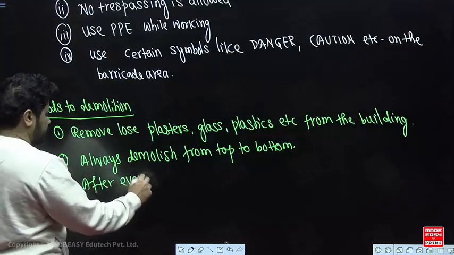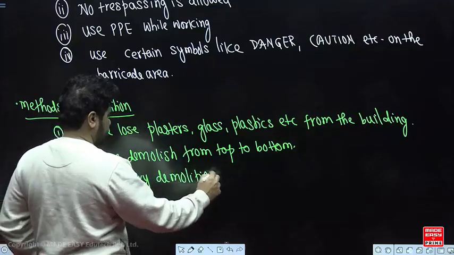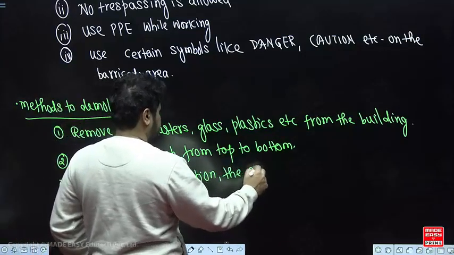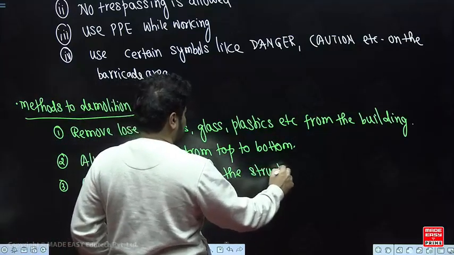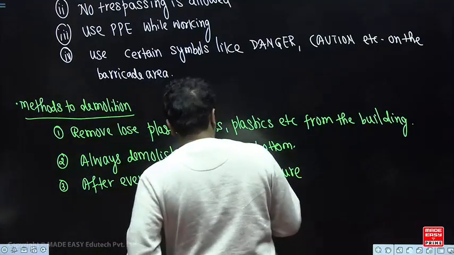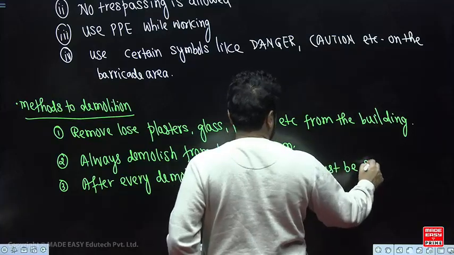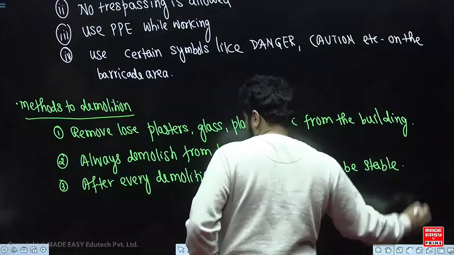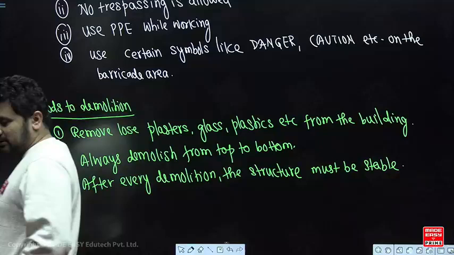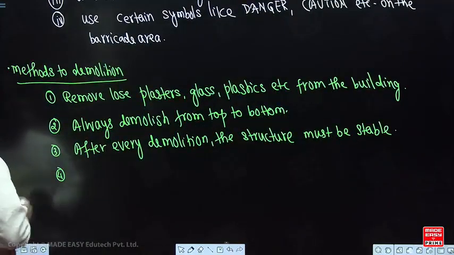demolition, the structure must be stable. ऐसा नहीं हो कि एक तोड़े और सब लड़खड़ा के गिर गया, नो, ताश के पत्तों की तरह, नो। After every demolition the structure must be stable, correct. हर डिमोलिशन के बाद स्ट्रक्चर शुड बी स्टेबल।